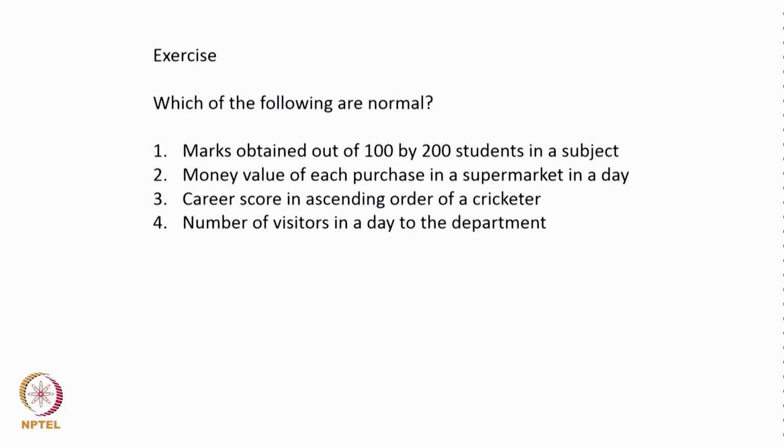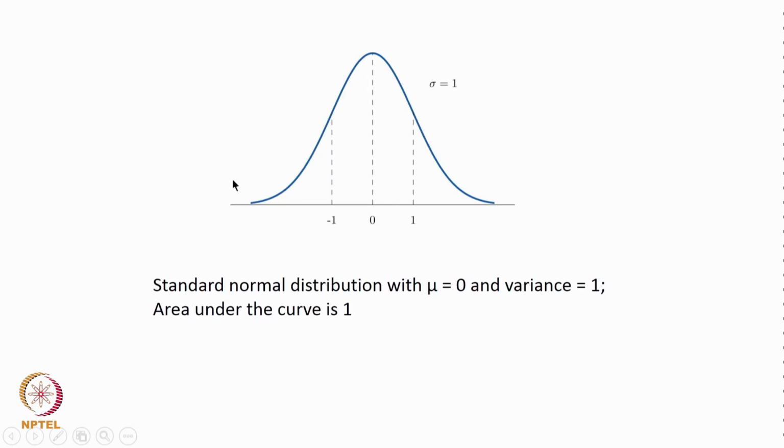So, which of the following can be treated as normal? Whenever the normal comes, one has to understand this symmetry, one has to understand the peak in the middle, and so on. So, when we plot, what kind of a curve can we get, and from that curve can we say that something is normal. Simple characteristics are: the random variable can take any value, there is a peak at mu, and then it is a bell shaped curve, and then there is a symmetry.